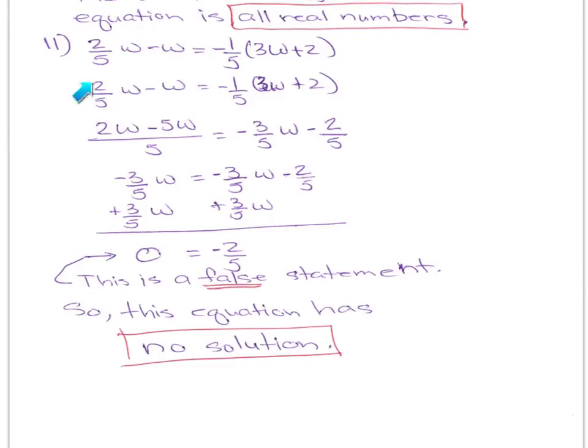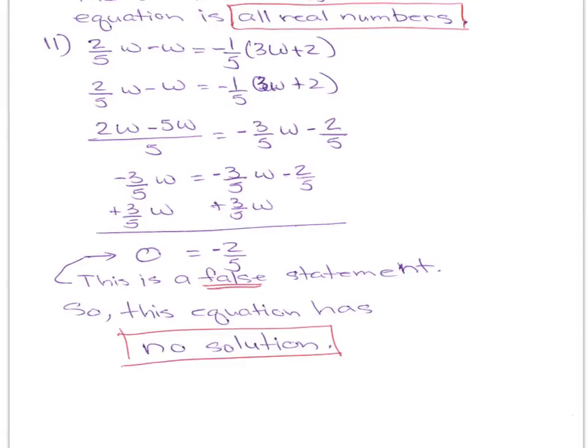We have 2 over 5 w minus 1w. So you need to find a common denominator. In this case, it would be 5. This would change to a negative 5 over 5w. So now from there, you have 2w minus 5w all over 5. That's going to give you a negative 3 over 5w is equal to, if you distribute that negative 1 over 5,